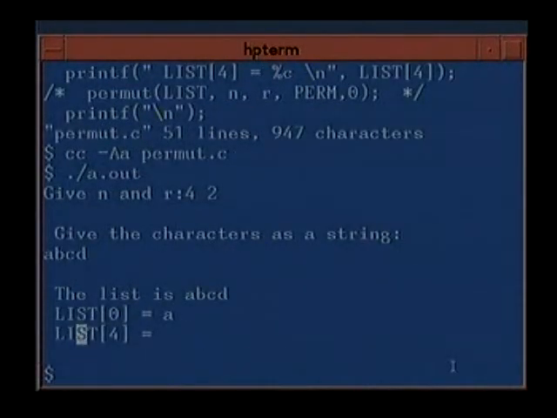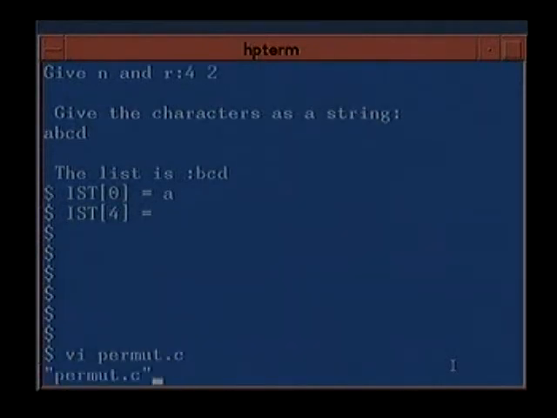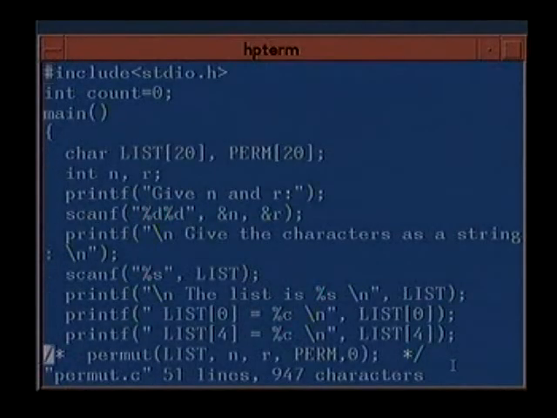Here \0 could not be printed, but this should be \0. Here a blank is printed because I think it is not a printable ASCII character. It is a special character, so it didn't get printed. But it is a \0 which is there in list 4. So now let us go back to the program to see a function on lists.